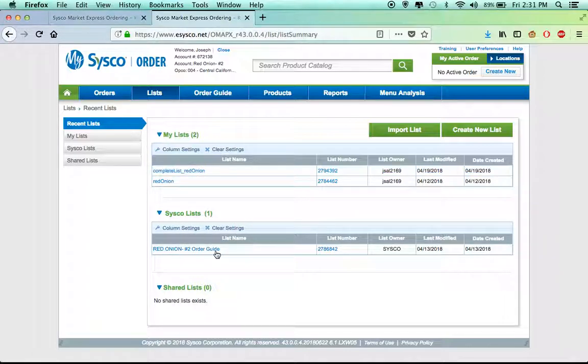And then the Sysco list is just a running 12-month history of items ordered. So this is a great way to build lists or look for items that were ordered before, but it gets really cumbersome because it just adds them randomly throughout the year. So anyway, now